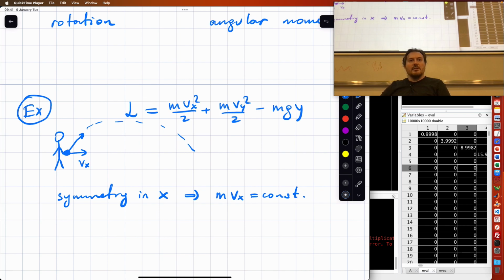Yes. The question is, if you throw a ball up, then the momentum constantly changes in the y direction, while notice that in the x direction, it's always 0. It's conserved. Very good.